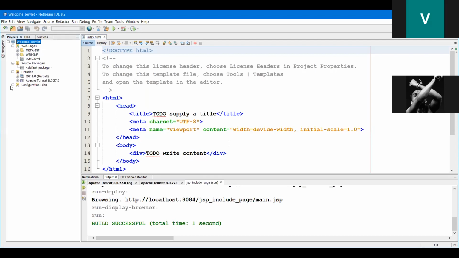Here we need this Web Pages folder. Whatever HTML files you are going to use for your program, all HTML files should be saved under the Web Pages folder. If you want to create one new HTML file, it should be stored in the Web Pages folder only.